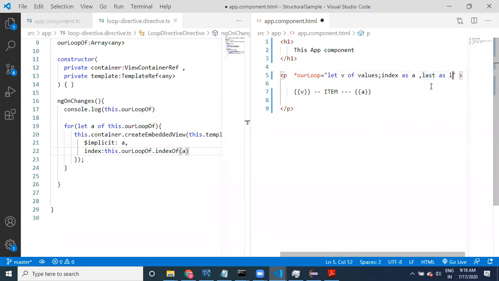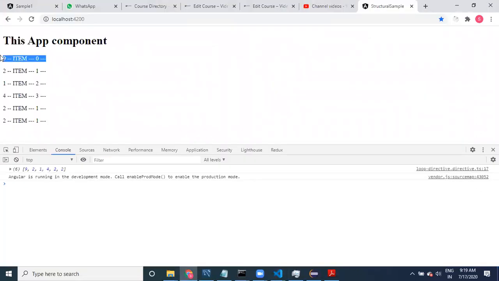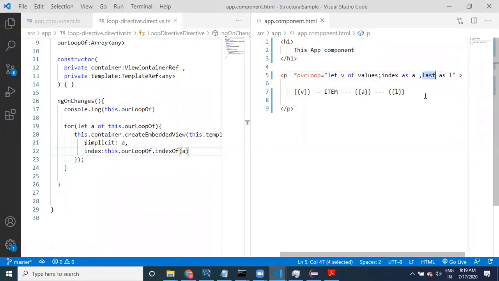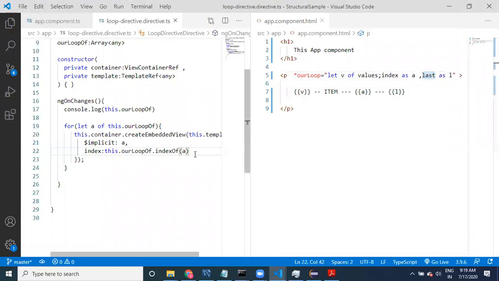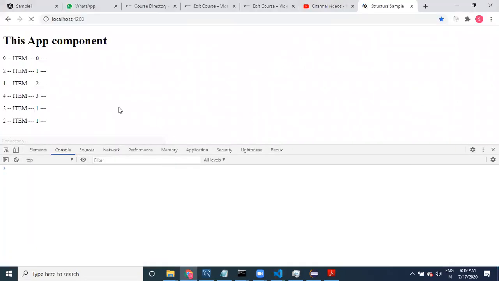Now I'm just going to provide l. It's a Boolean variable, and it contains no value right now. Let us provide the last value, comma. These are the predefined variables, guys. For last, I'm going to say just true. That's it, just provide true. See here, it always returns true.